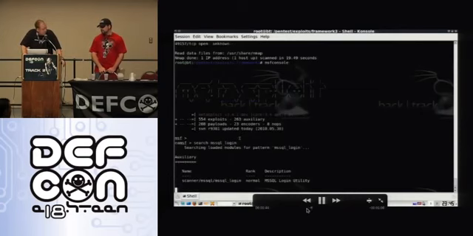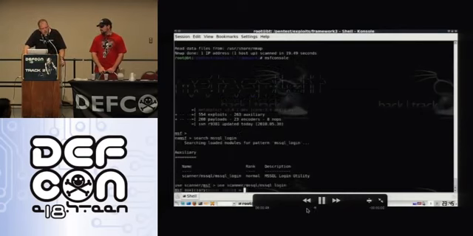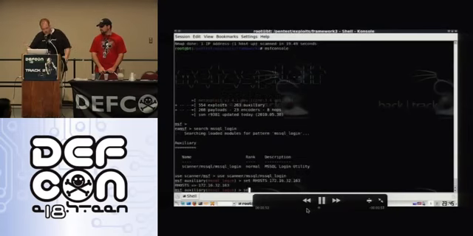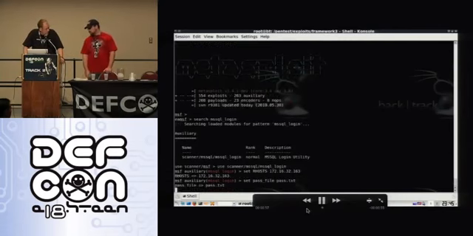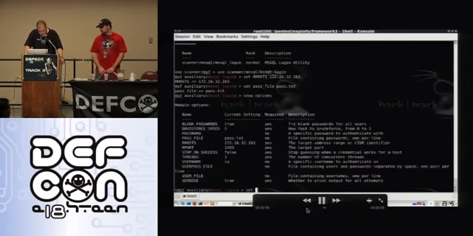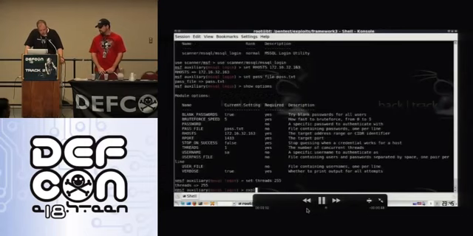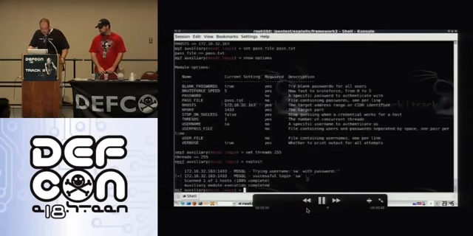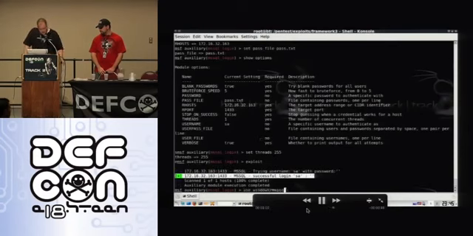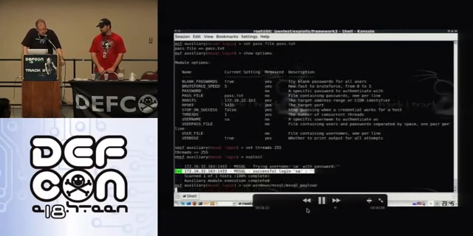And we're going to try to brute force the SA account. The SA account, if you're using integrated or SQL authentication, is the account that gets created by default, the sysadmin account for Microsoft SQL, if you weren't familiar with that. Very easy to find in large organizations. And we're going to go ahead and brute force this account. So very quickly, with 255 threads, it finds an SA account with a blank password. So now we're going to load up our new MS SQL payload that will be put into the Metasploit